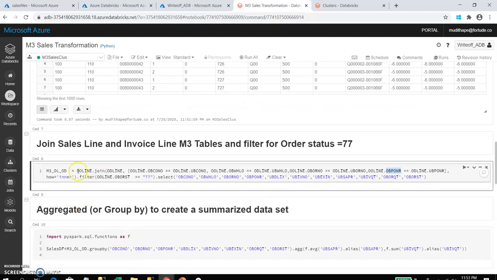Now to do that, you have to use this command. This is the first file, the main file O line, and I'm going to join the OD line file, and then I have to specify the condition, right, like this way. And I mentioned that to get invoice orders, you have to filter order status 77. Now the order status is available in the O line table, there I'm going to filter out order status 77,